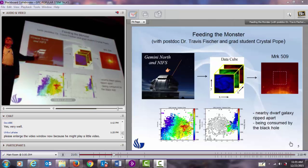The reason for that is because it creates an artificial star in the sky that we can use to guide on as objects move across the sky. So we're creating our own artificial stars, bright things that we can guide on while we're looking at the black hole. So what we do with this telescope in terms of feeding them on to the black hole that's in the